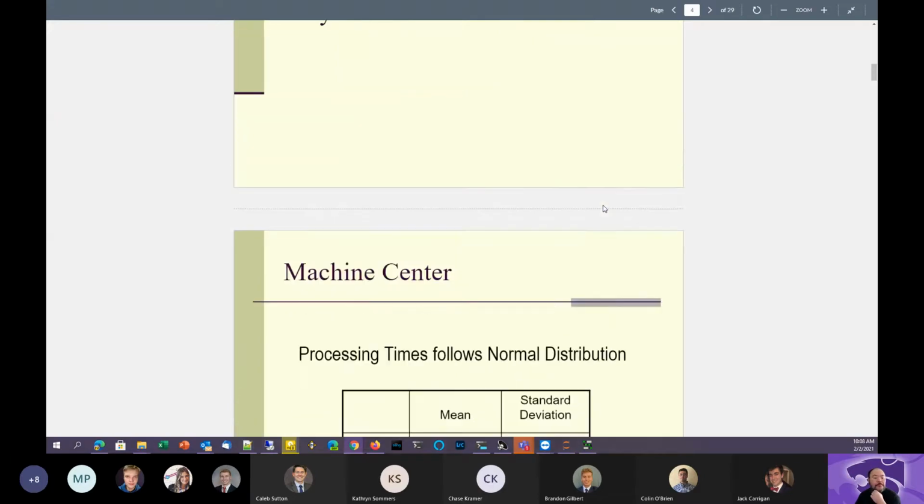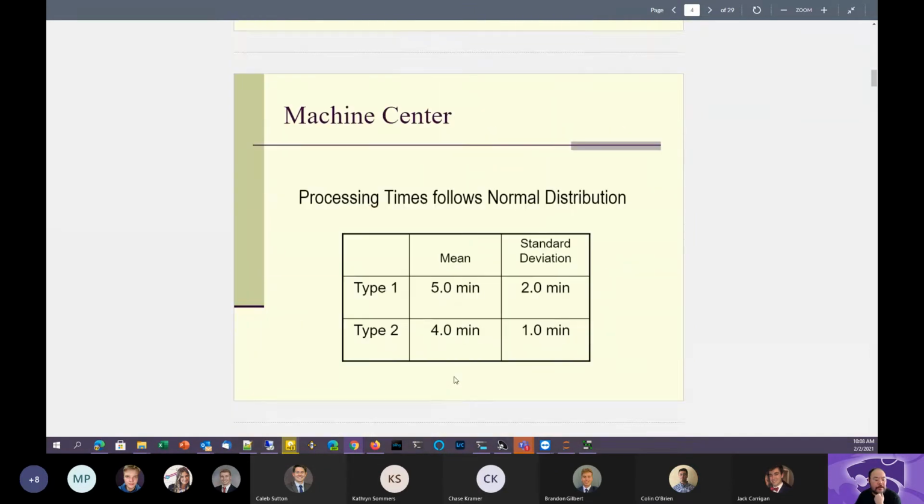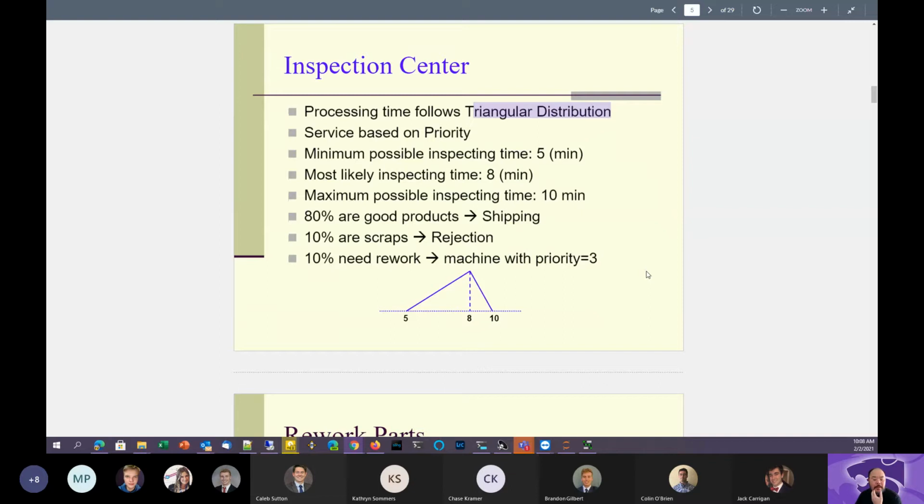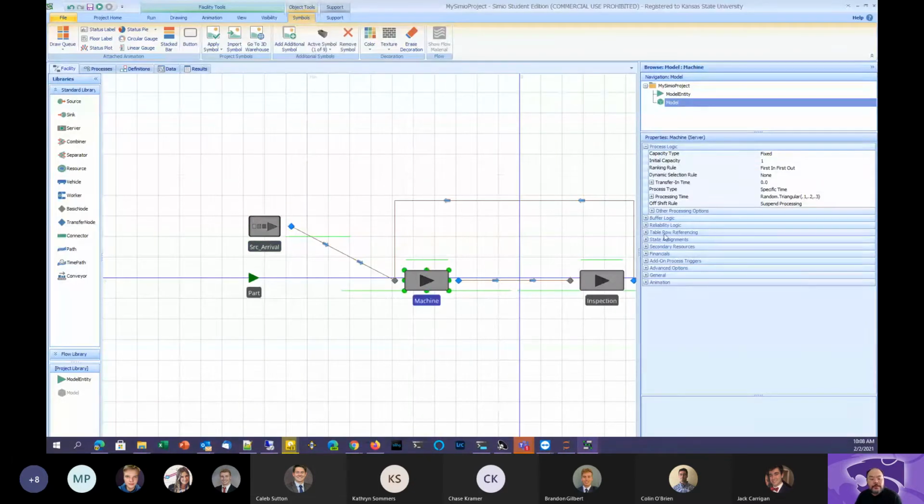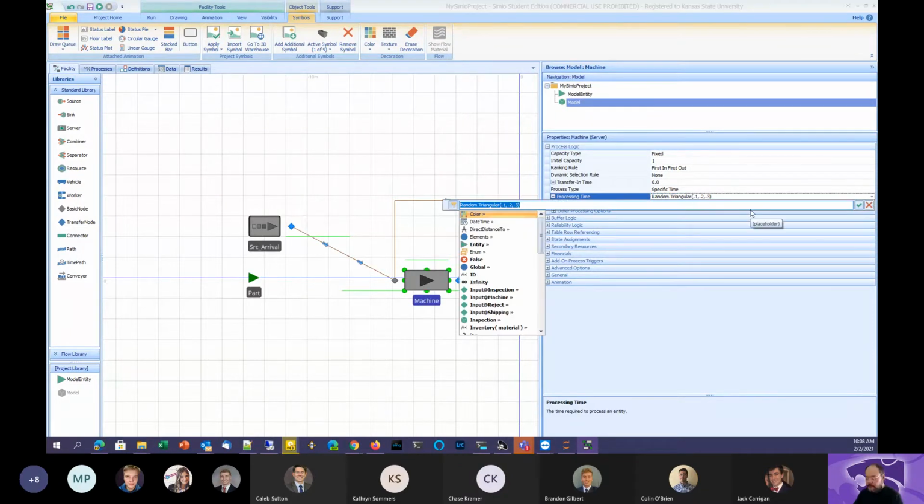All right, one more time. How do I determine this is 30% and 70%? And also now I'm trying to get the processing time for inspection center and the machining center. So here in the machining center, we can see that the processing time by default is a triangular distribution, but I have a normal distribution. So I type random, normal,